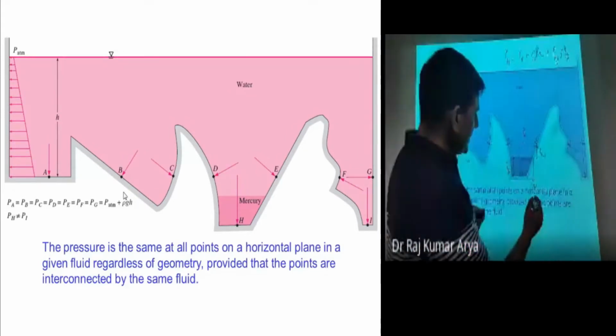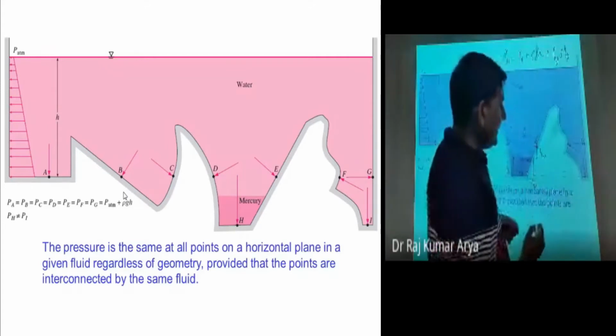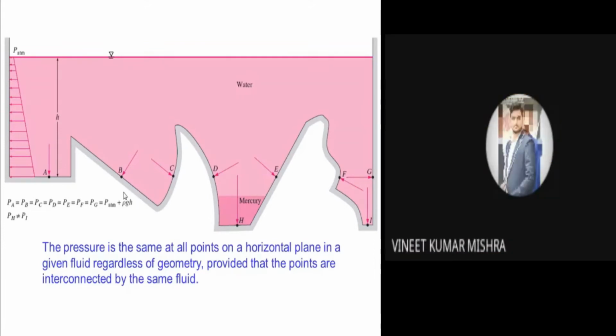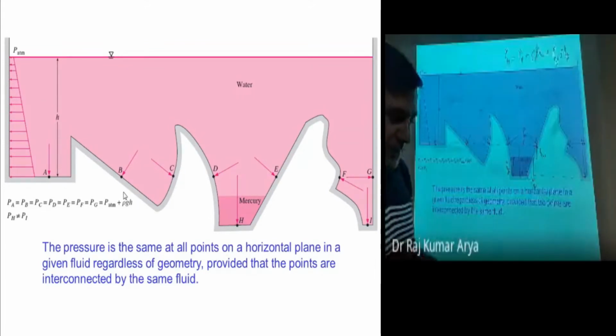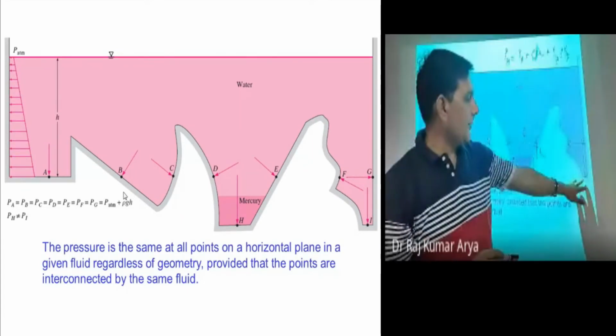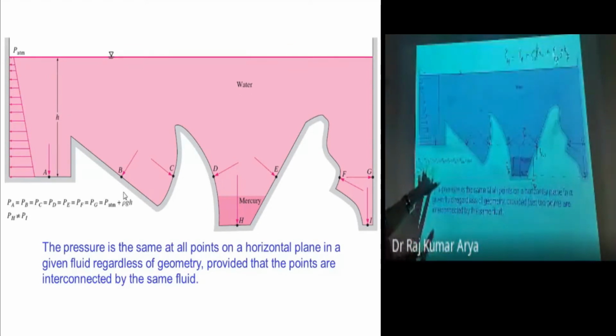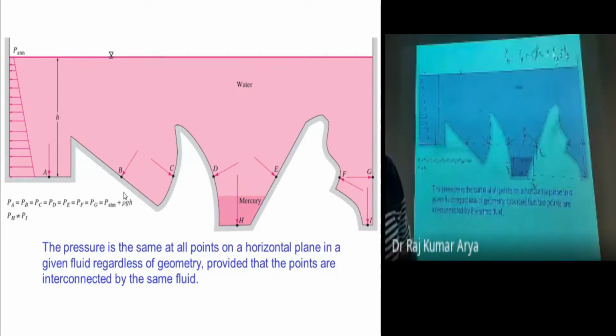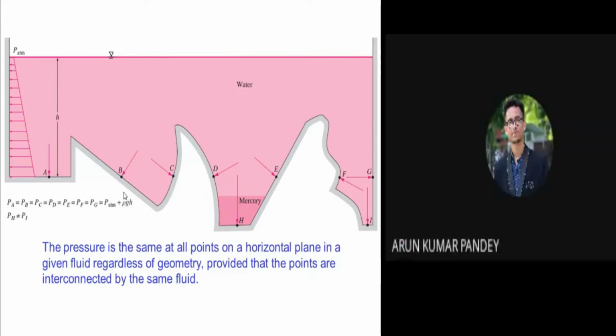Now, would the pressure here and here, at point I and point X, be the same? No, sir. The liquids are different. Therefore, the pressure would be different. This will not be the same. Therefore, on this slide we wrote that PA equals PB, PC, PD, PF, PG equals P atmosphere plus rho G at this much particular height. However, the pressure at this point and this point will not be the same because these are not the same fluid.